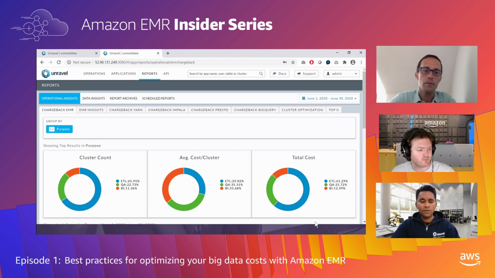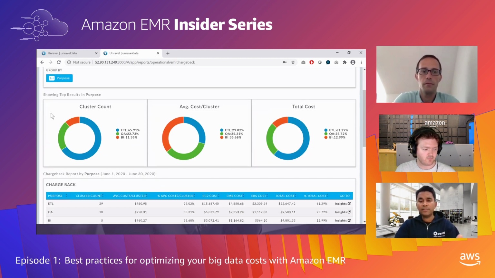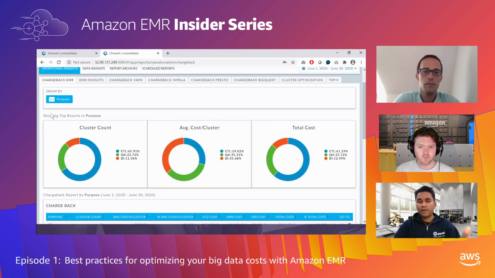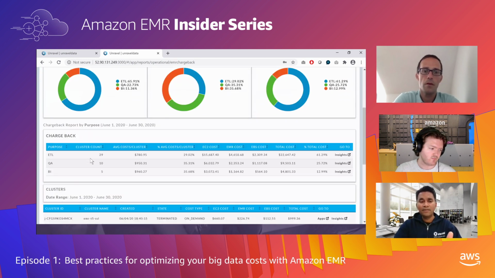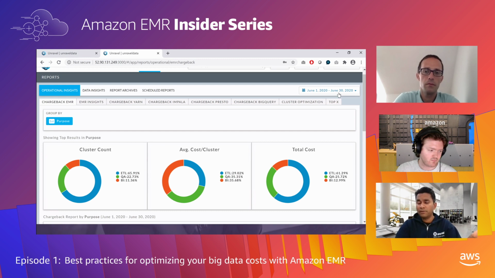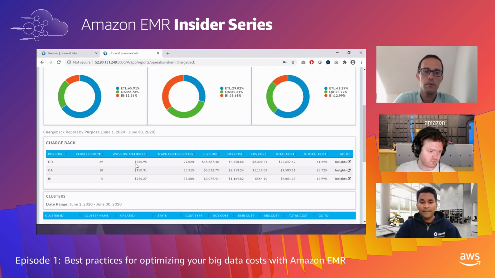So once it's connected to your environment, and you can get Unravel either through the marketplace or through a SaaS version, what you're looking at here is a view of cost and usage for all of the EMR clusters that I have connected. I have about 50 clusters that I analyzed over the last month in June.